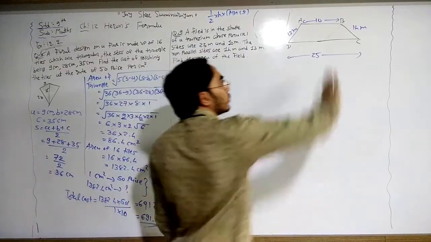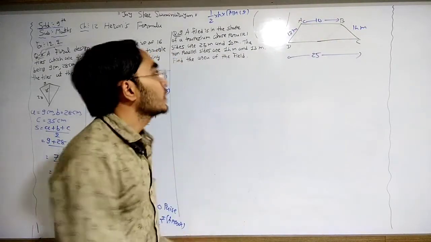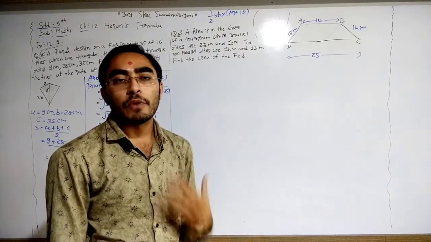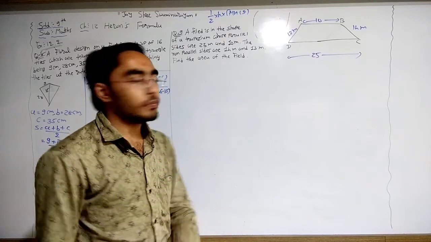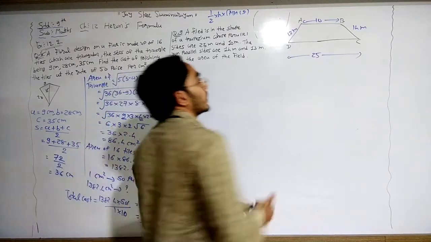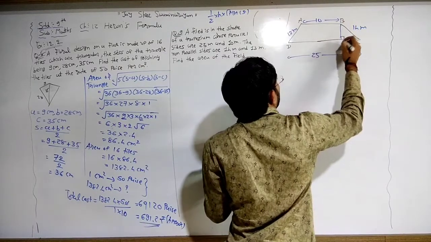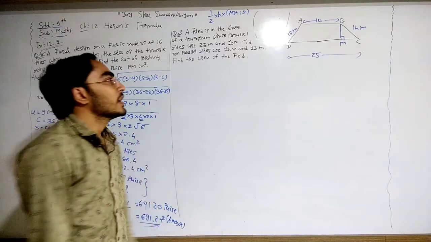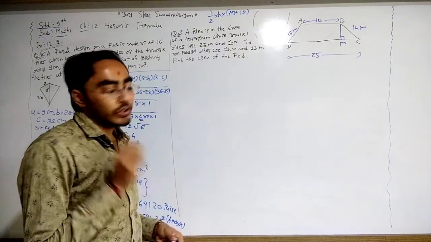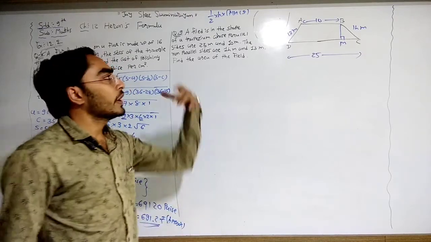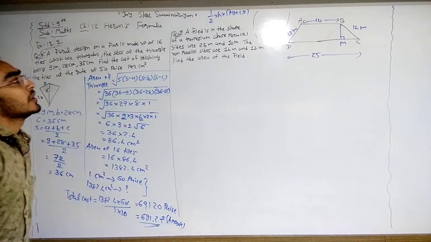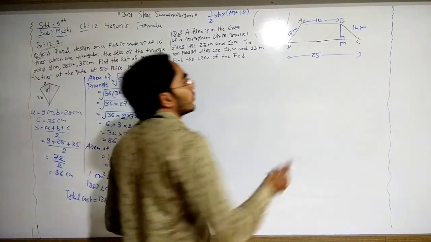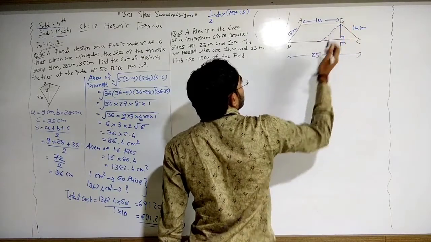Okay, so here we have the value of AB and CD, but we do not have the value of height h. So first of all, we need to find the height of trapezium. At least we need to find this BM. This is called the height of trapezium. Here this is somehow a difficult question because directly we cannot find the height of trapezium. Okay, here we require the height. So for that, just draw one side here.